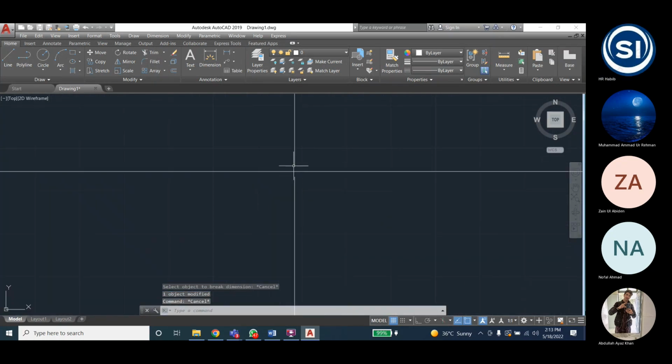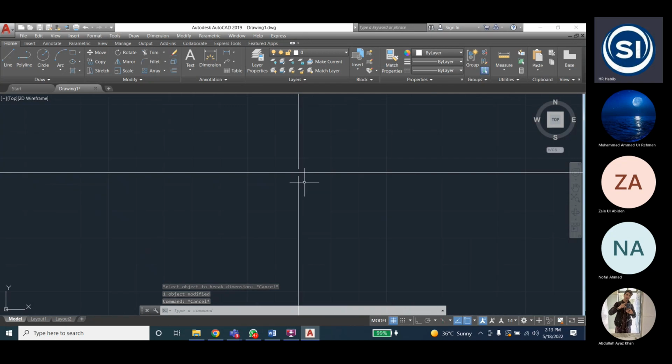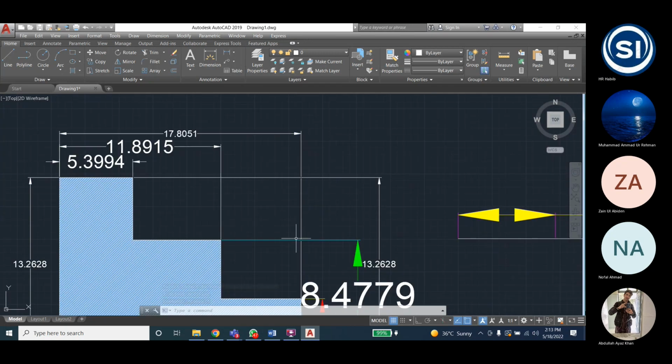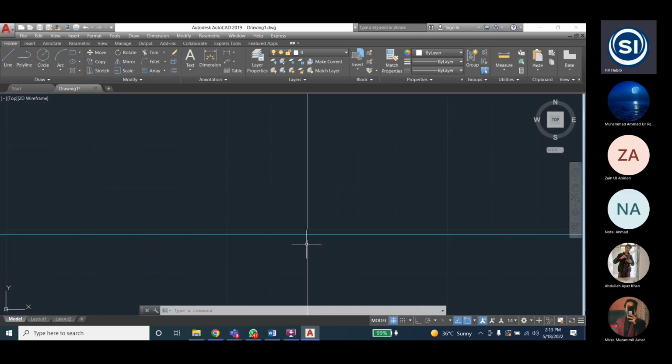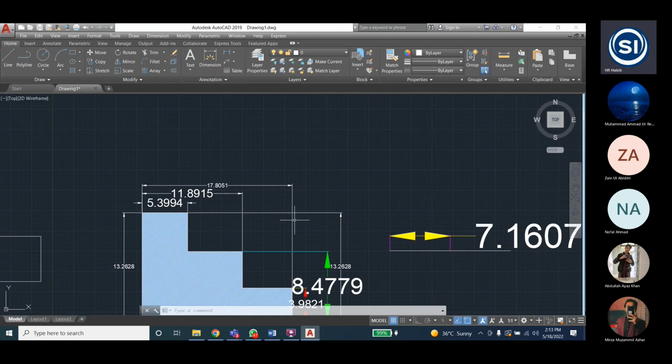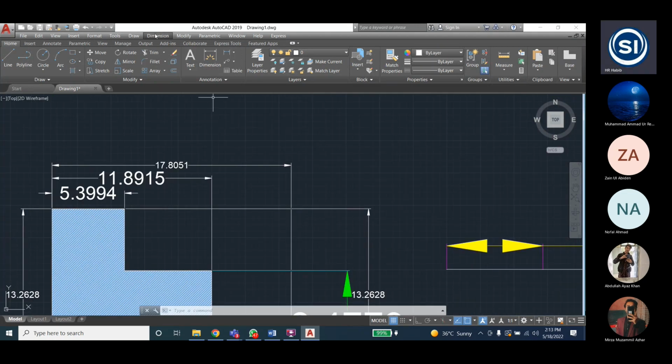You will see the vertical line is broken, and you can see the vertical line is broken at two points from where the horizontal lines are passing. Okay, you can see, yes, this is broken. So this is the new one. Okay, the next one is